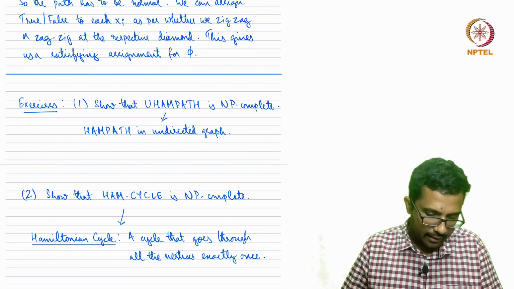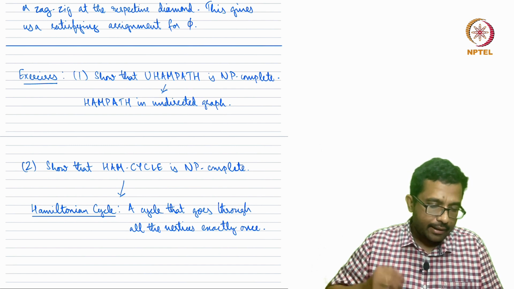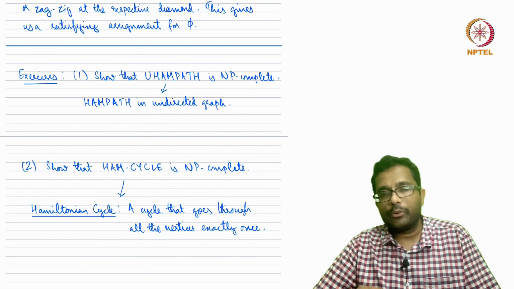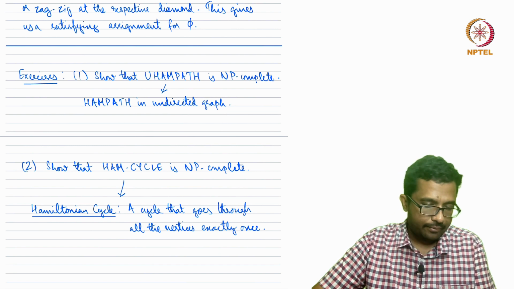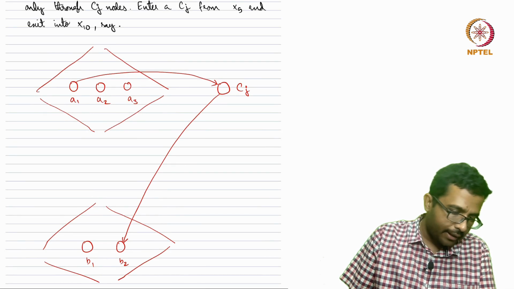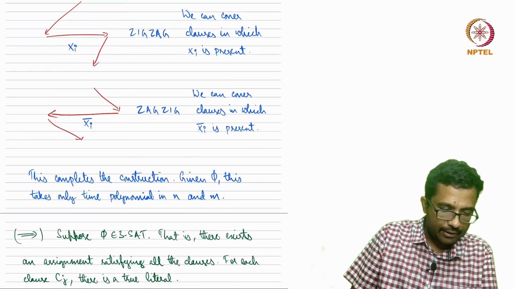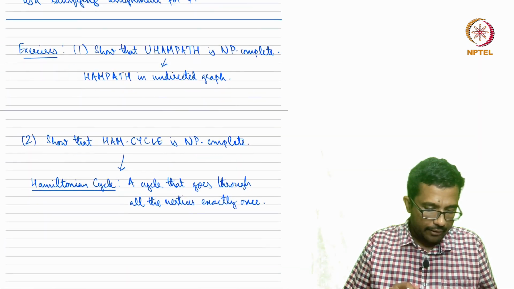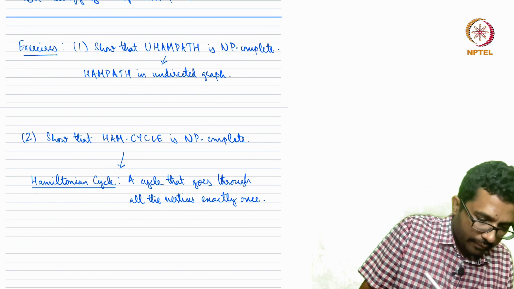Now, two more small things before I end this lecture. One is that we can take the undirected Hamiltonian path. So far we talked about directed Hamiltonian path. Undirected Hamiltonian path is the same problem in an undirected graph. This is also NP complete. Undirected graph means that over here in several places we were using the direction critically. We had directed edges, and the direction was playing a key role. But in undirected Hamiltonian path, we do not have that. But we can reduce from